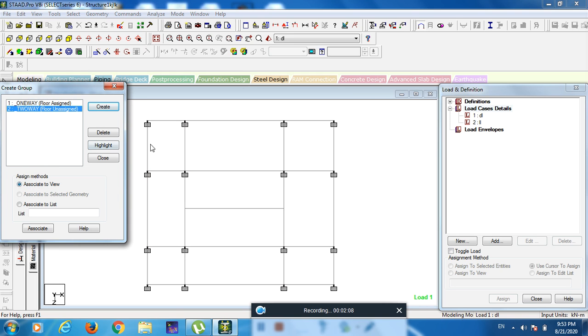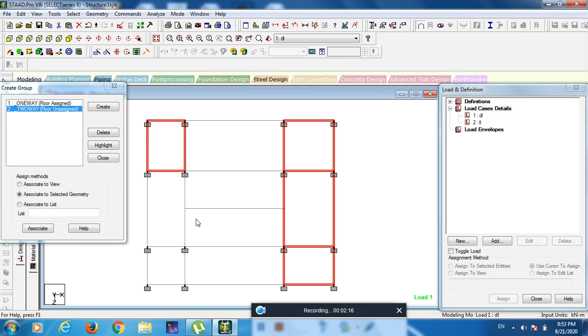Now press Ctrl and select all the two-way floors in your plan. Okay, these are the two-way slabs we have selected. Now Associate to Selected Geometry. Associate. Okay, now you can check here by clicking on Highlight.